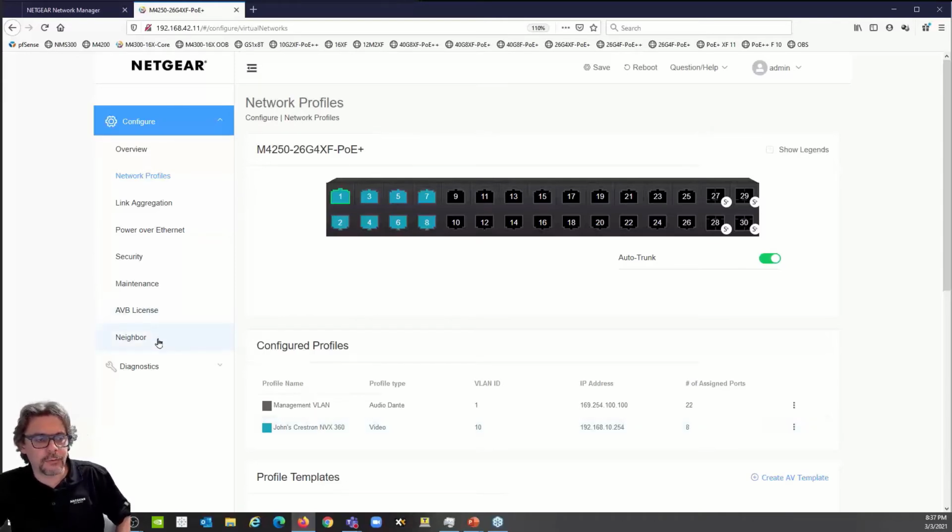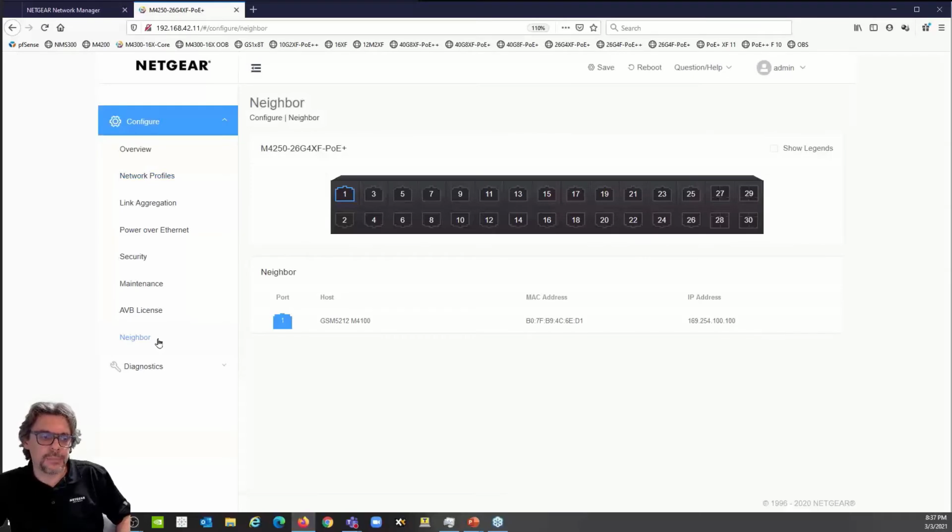Perfect. I want to show you something real quick in the neighborhood, because we have this new firmware that is out now for all the 4250 models, and you get this new neighborhood page that gives you the exact list of all the devices that are connected to your switch. It's a table with the host name, the port number, the layer 2 MAC, and the layer 3 IP address. And I should refresh that page because, see, it was another NETGEAR switch, an old M4100 switch with its own static. But if I refresh that page,